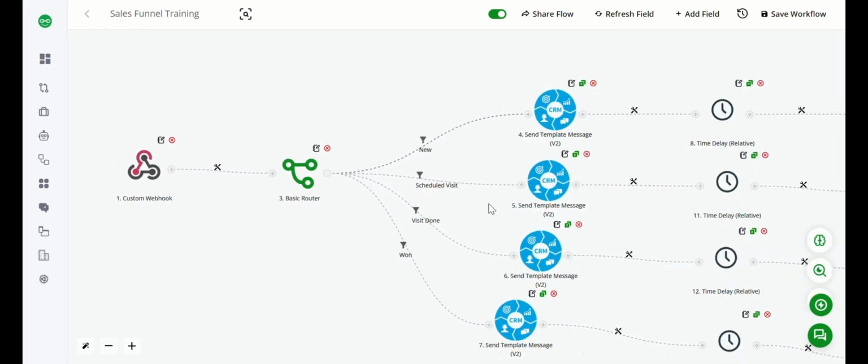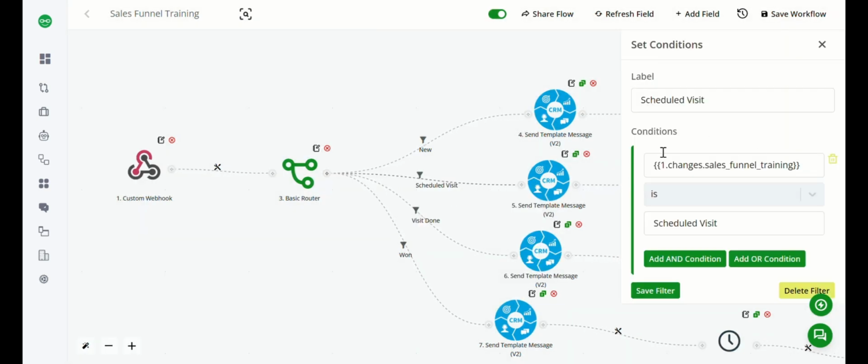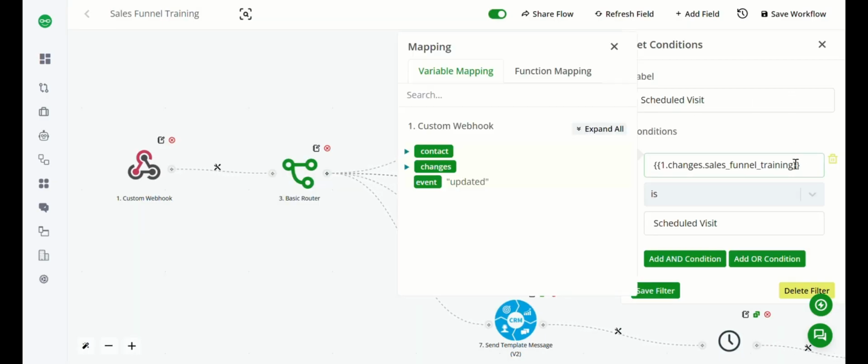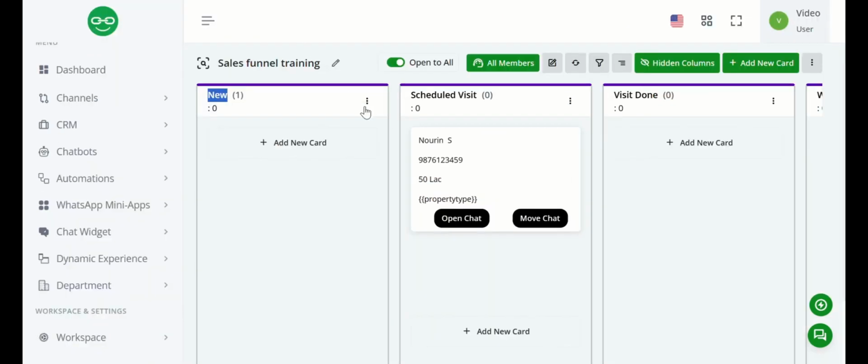Similarly, we will create all 4 filters: scheduled visit, visit done, and won. As you can see here, set up a filter and I have labeled it scheduled visit. I have mapped the same thing as sales funnel training. I've put the condition, and for the value, I will copy and paste the same as from the board.